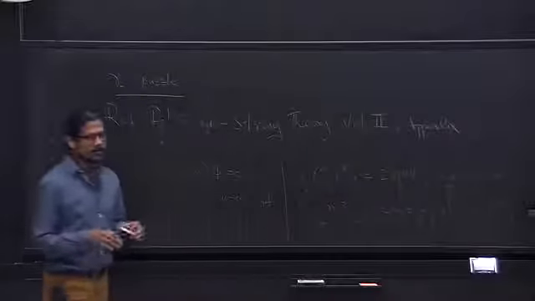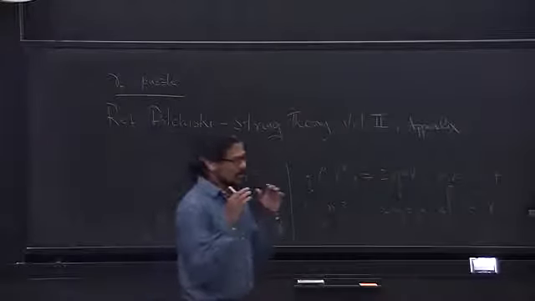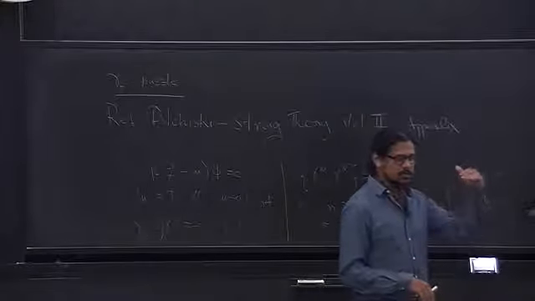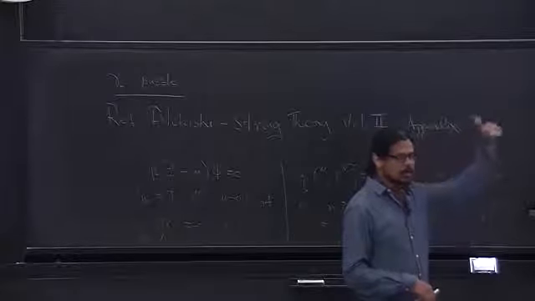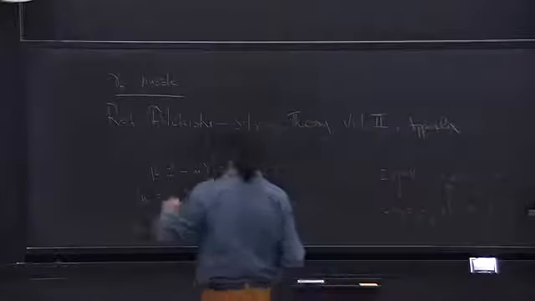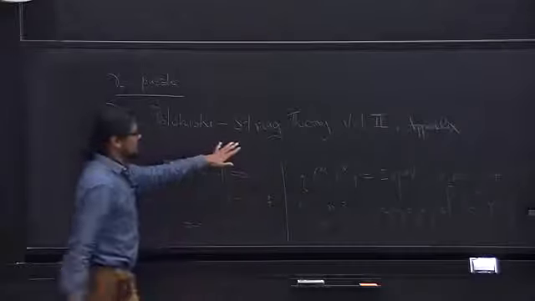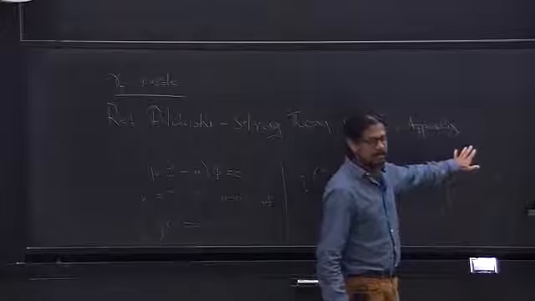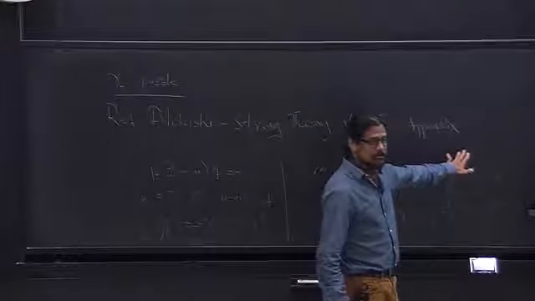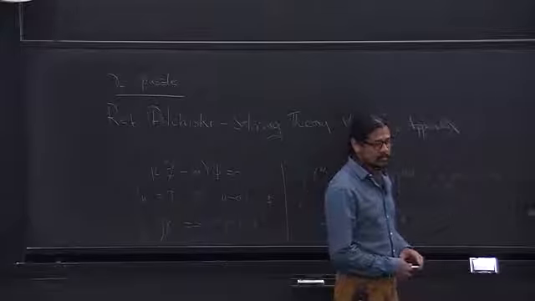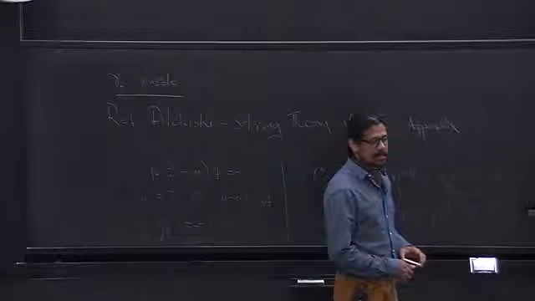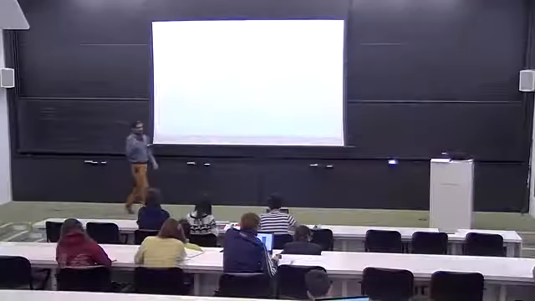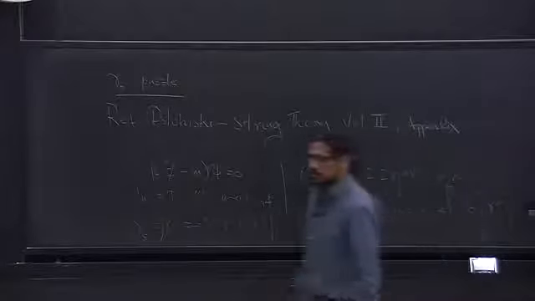If you want to read about the properties of different kinds of representations of the Dirac algebra in all dimensions, starting from 2 up to 12, then I recommend Polchinski's String Theory book, Volume 2, the first appendix. The appendix has an exhaustive discussion on the algebra of the representation of Dirac algebra in every dimension, up to 12. In 12, he uses 2 time dimensions because he wants to get to F theory.